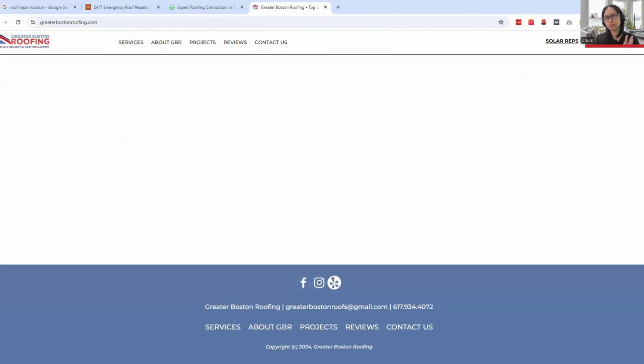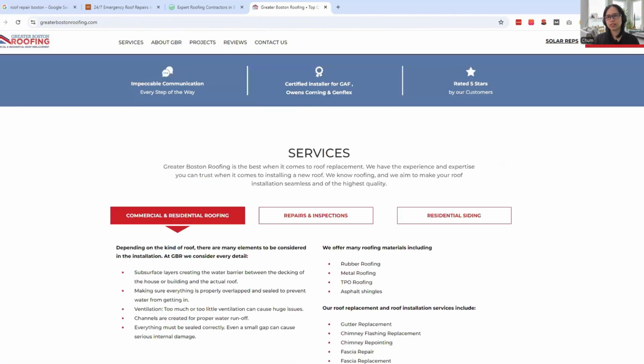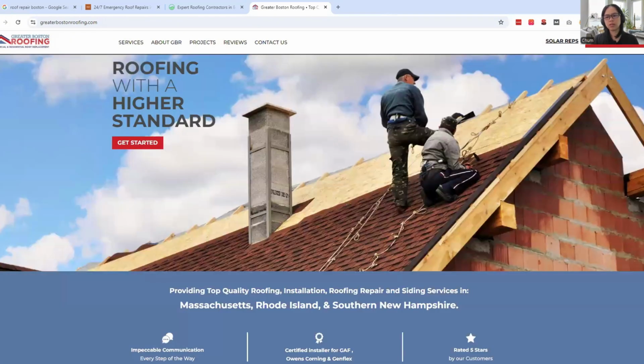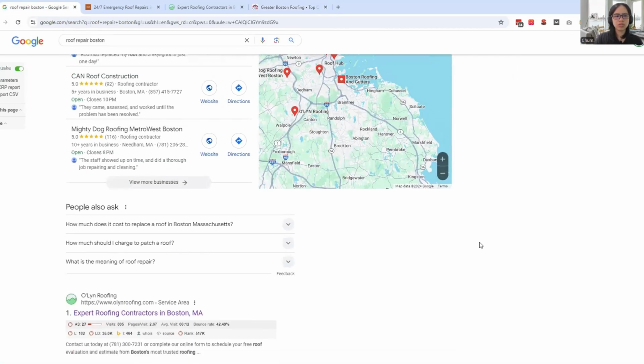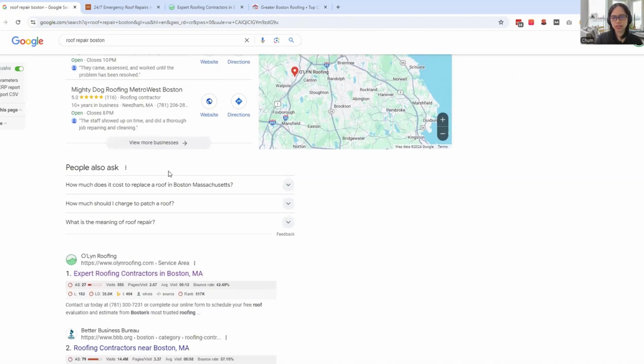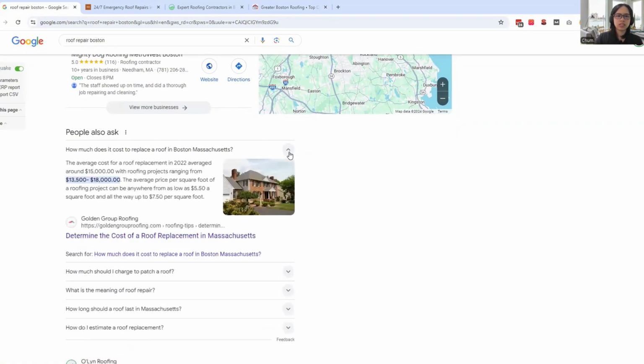And what would make this page better is if you add an FAQ section at the bottom where you answer most of the popular questions for these kinds of keywords. You can also look into the People Also Ask section. So these are the questions that users normally ask Google. And you can click here to see what you can add in the FAQ section